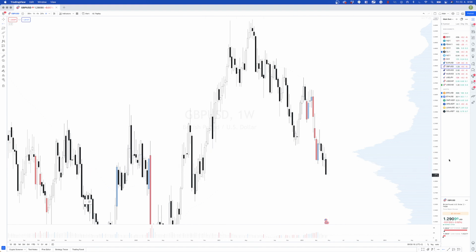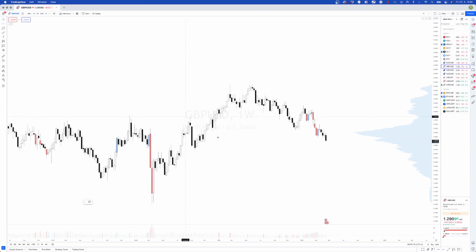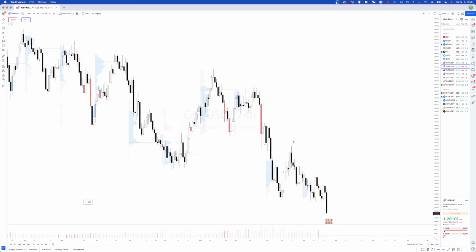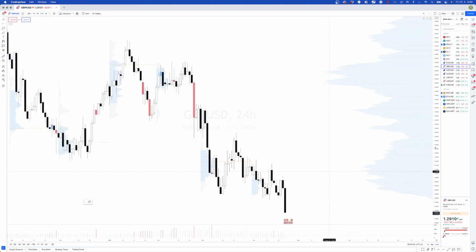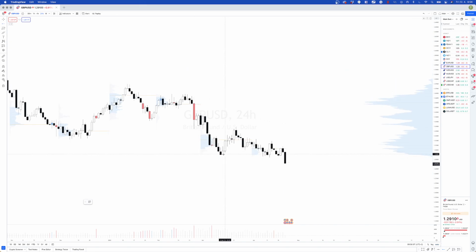It's a decent area for any kind of bounce, although there is this kind of a double bottom on a weekly, so it's not the best one. But considering how much beating the GBP took, it wasn't the worst kind of level. It's not really an important thing. We tested it here,